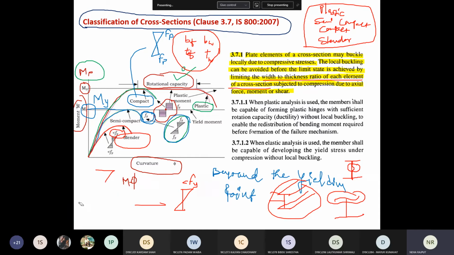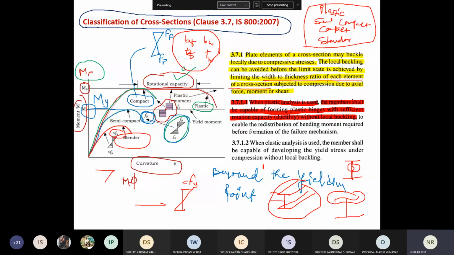3.7.1. Now 3.7.1.1. When plastic analysis is used, the member shall be capable of forming plastic hinges with sufficient rotation capacity, ductility, without local buckling. Right. Now, if you are using the plastic analysis, what is the advantage of plastic analysis?